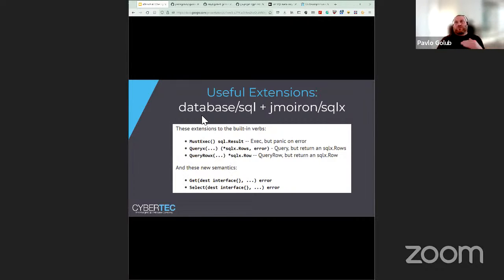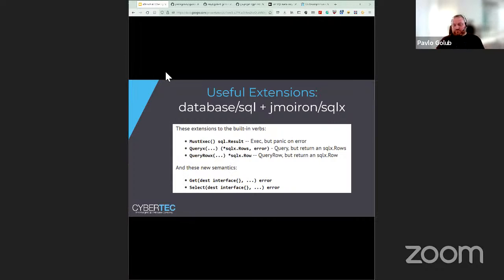For example, not executing these loops, like going for each row, taking the values for each field, and putting them into the properties of each structure, object, etc. It allows you just to pass the pointer to the structure to the method, and this library will automatically fill all the